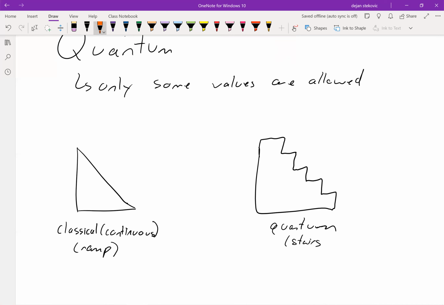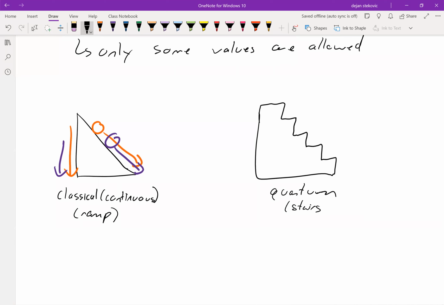So if we think about our classical world, we can put a ball anywhere and it'll fall down, right? Put a ball up there, put a ball down there, and it'll fall down, right? So the ball falls from here or it falls from here. And when it falls from there, it releases a certain amount of energy. And we can place the ball anywhere on this ramp so the ball can fall from any height. It just depends where we put it on the ramp.